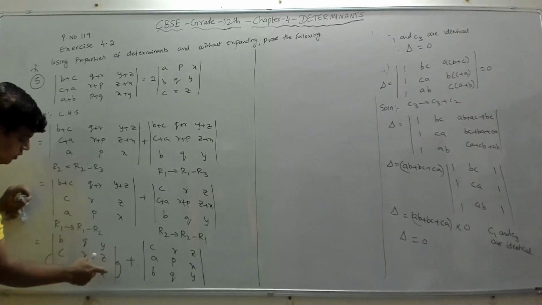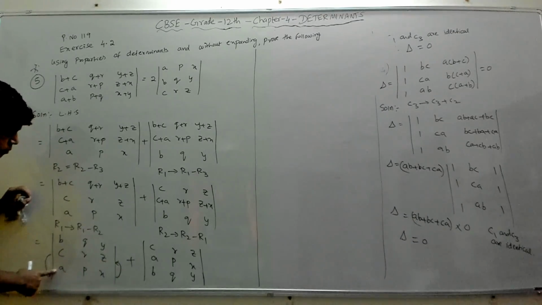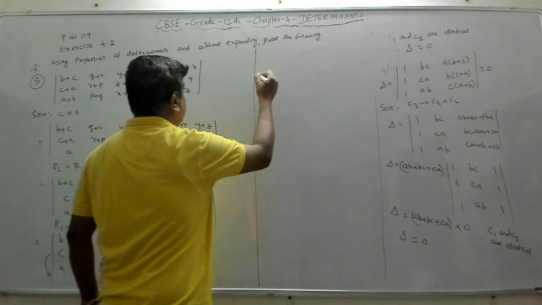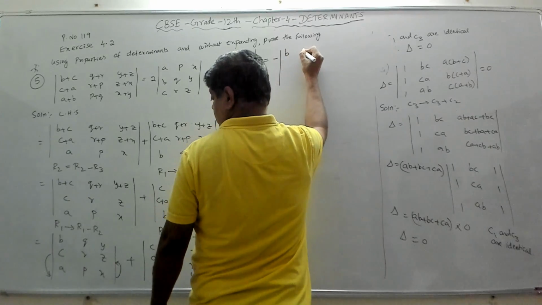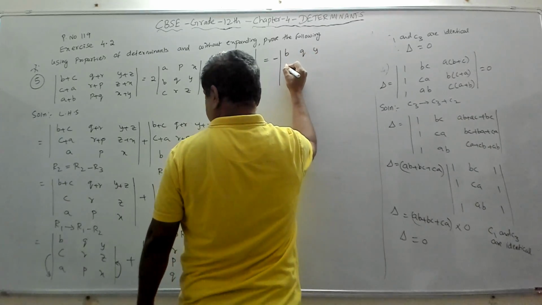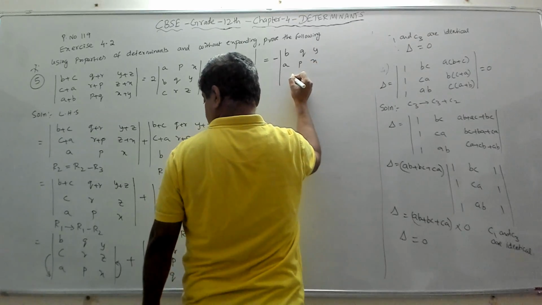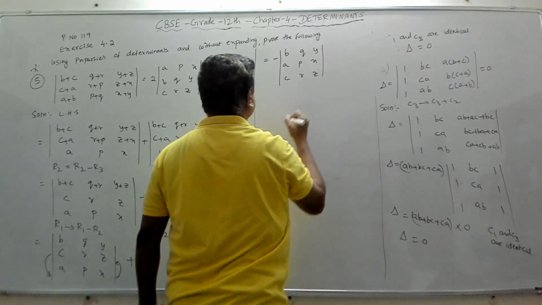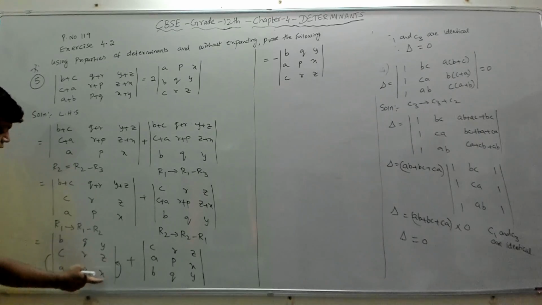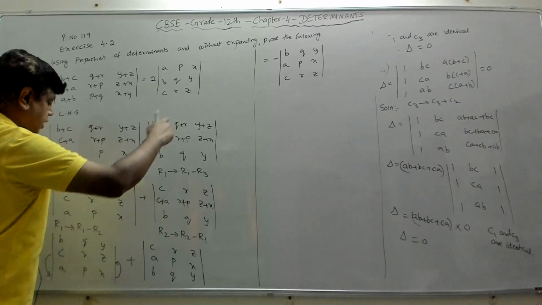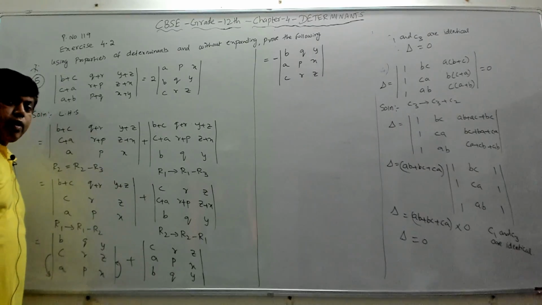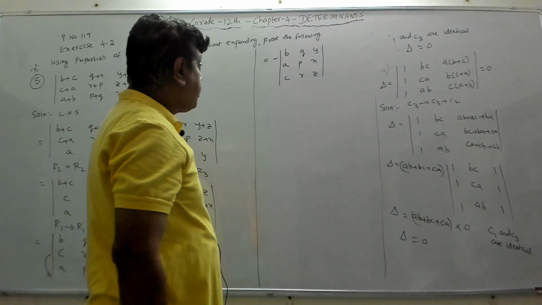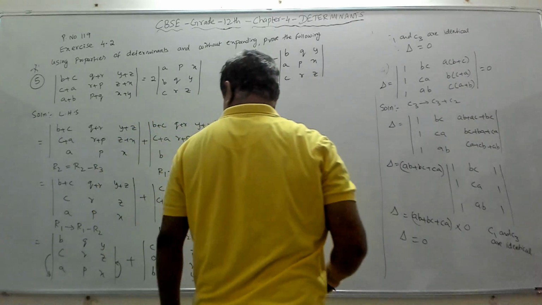So if we make this change, so this comes here, this goes here, then this will become minus of the first row as it is, B Q Y, then A P X, C R Z. So it will become like this. If these two are swapped, you get this, and there will be a minus coming. That's why I'm putting this minus, because when you interchange any two rows or any two columns, then the value of the determinant changes by sign. That's your property 2, right?